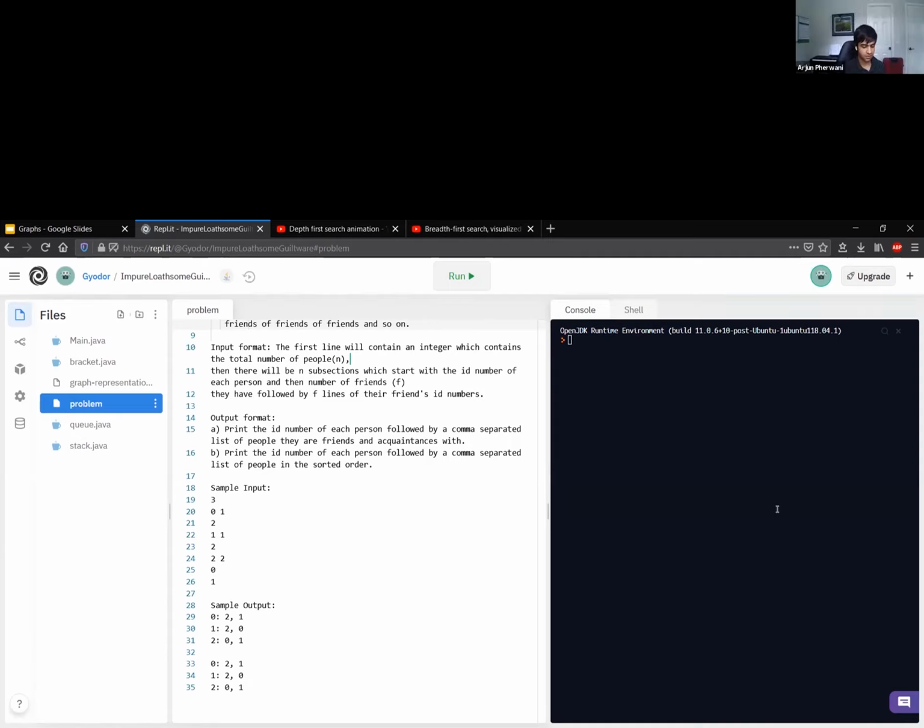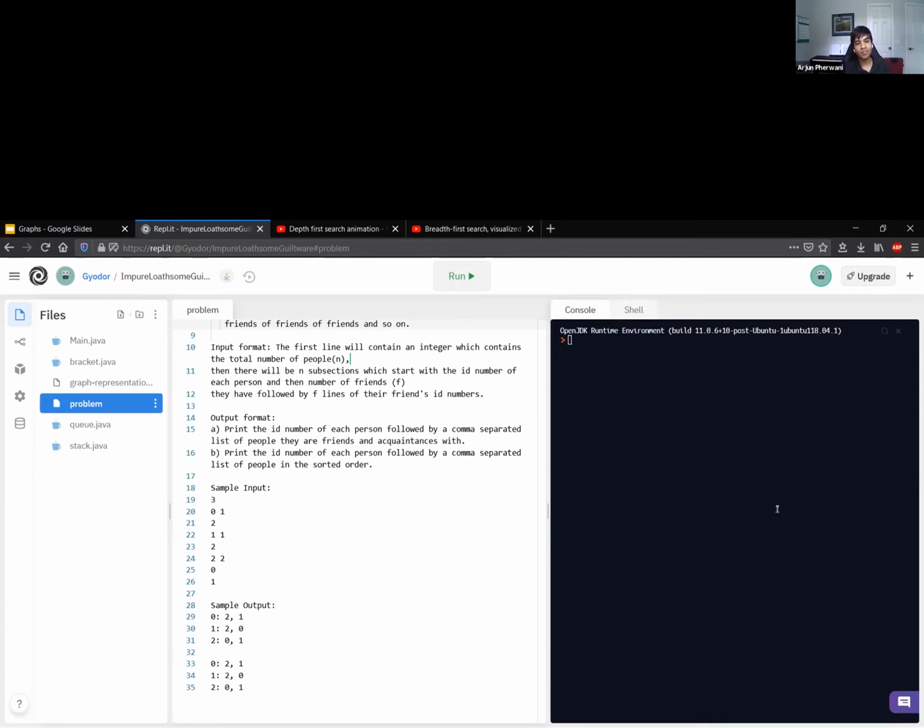Why do you think it's depth first, Chris? Because you want to see how far for each node you can go. So basically figuring out how many friends you can get to. Yeah, depth first is the right one. So I guess you want to do that first because then you can backtrack. So first it goes to yourself, then it goes to your friends. No, it goes to one of your friends, then the friend of that friend, then the friend of that friend of that friend, that way. So like you're going down the rabbit hole.